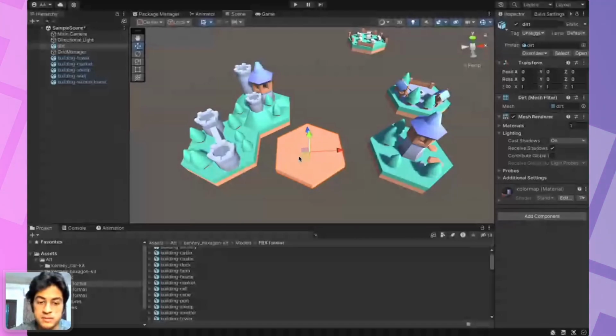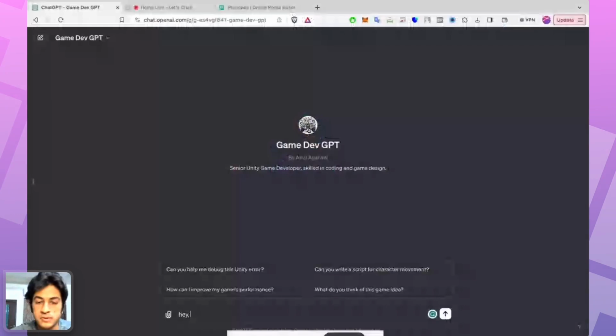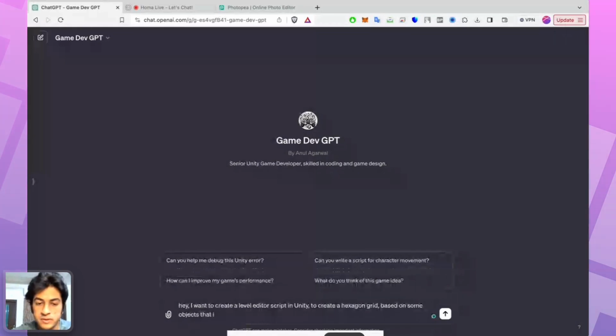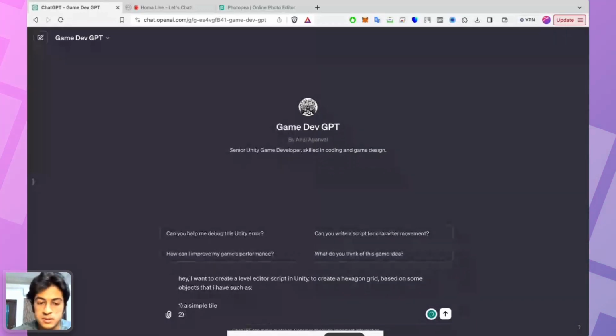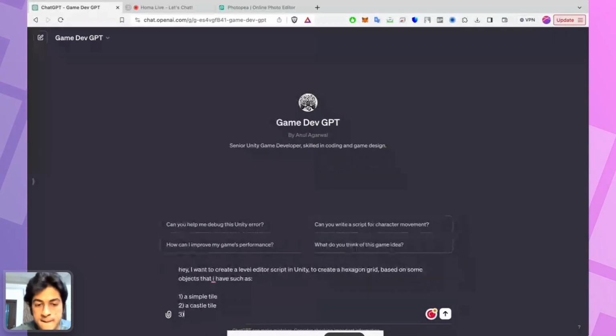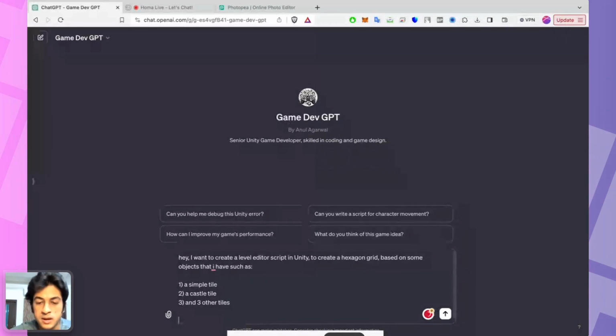So here I want to create a level editor script in Unity to create a hexagon grid based on some objects that I have, such as a simple tile, a castle tile, and 3 other tiles.